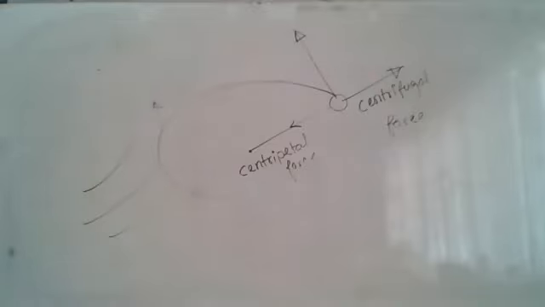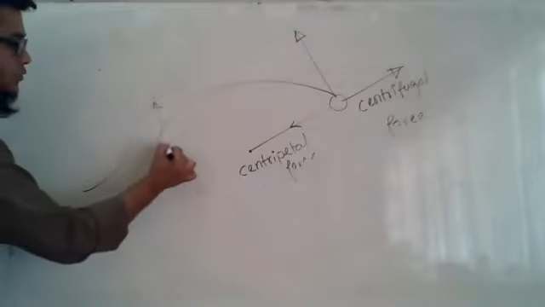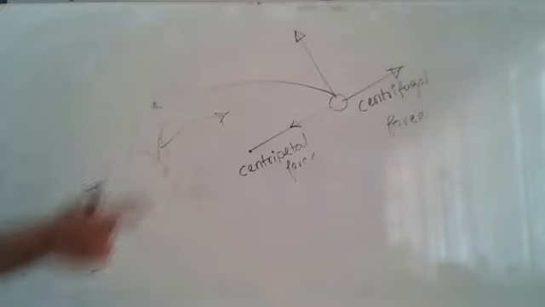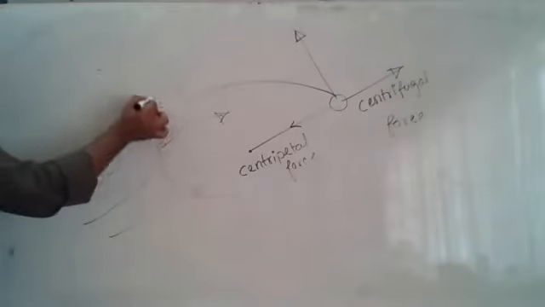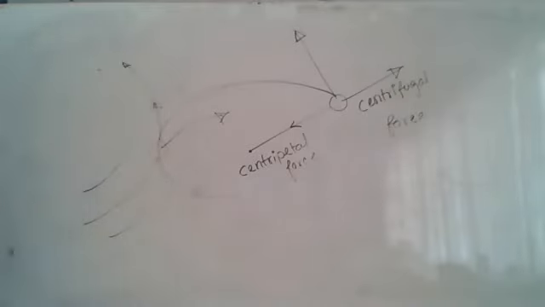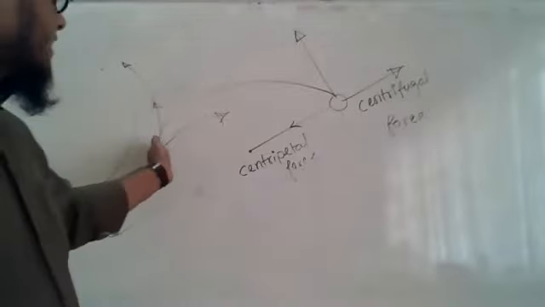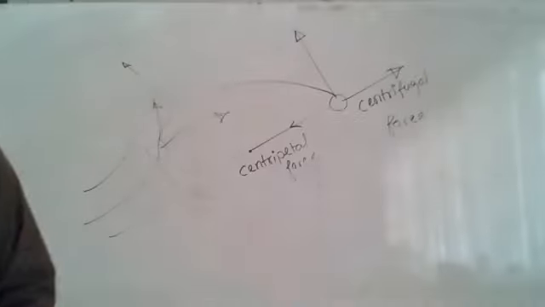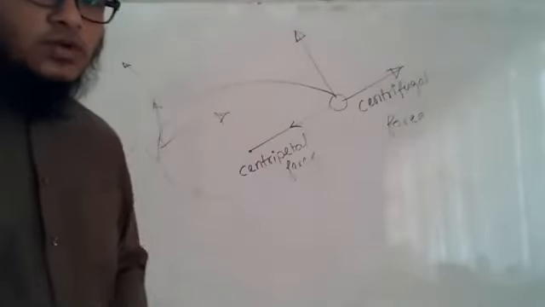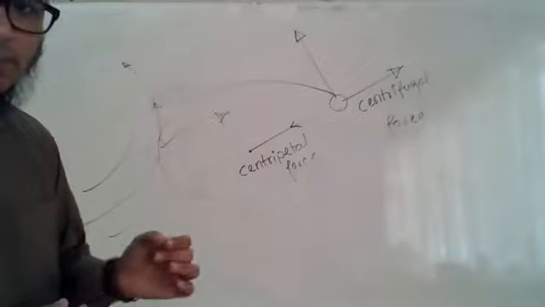Can you imagine it? If you go through this road at a high velocity, then your car will topple out of the road. It will be thrown out of the road. The driver has to control the velocity and go slowly so that he can stay in this curvy path, or else he will go out of the road. The force that will throw him out of the road is centrifugal force. To balance this centrifugal force, we produce a centripetal force.